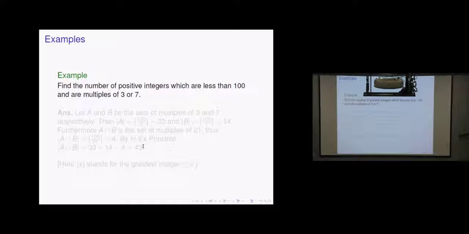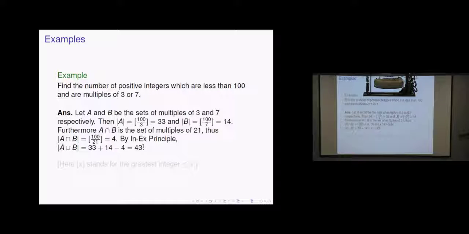inclusion-exclusion principle. So let's suppose we want to find the number of positive integers which are less than 100, and they are multiples of 3 or multiples of 7. We have to count both, right? Okay. So the answer is